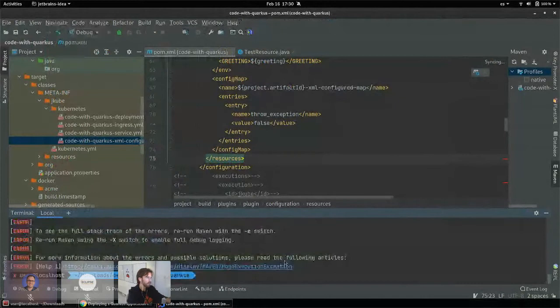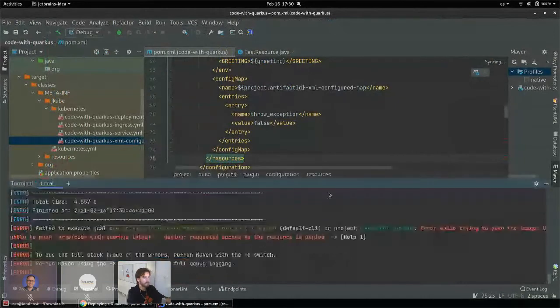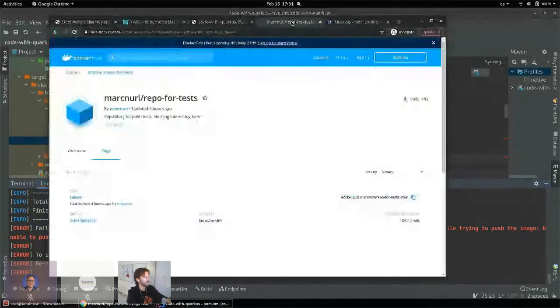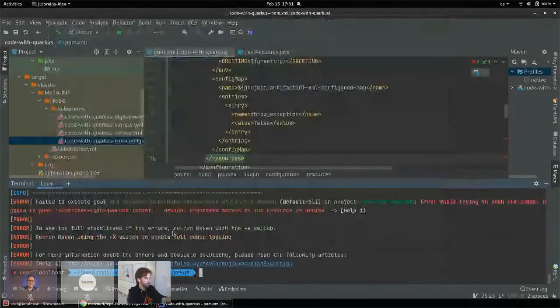okay, we get an error. The error here is because I'm trying to push this image, and I obviously don't have permissions for this repository. What I'm going to do is I'm going to use this repo, which I usually use for my tests. So in order to push there, I have